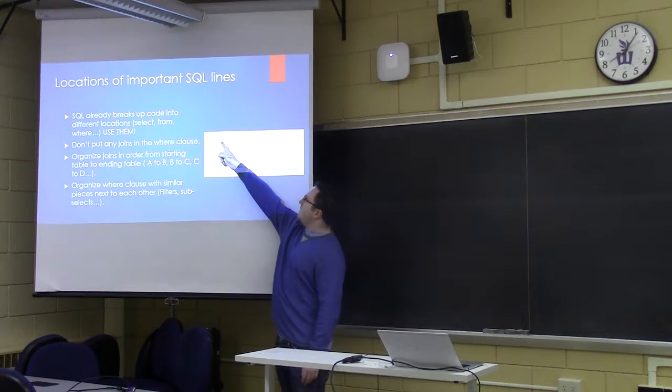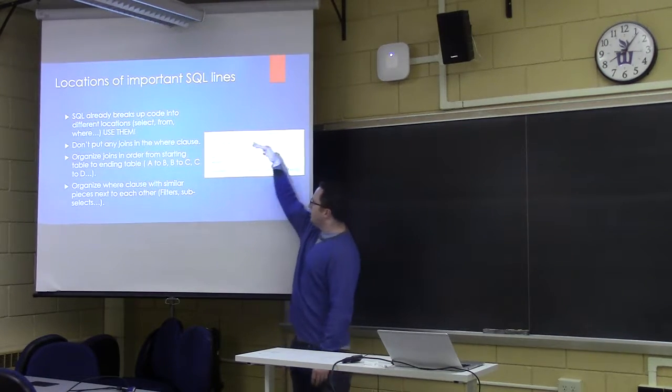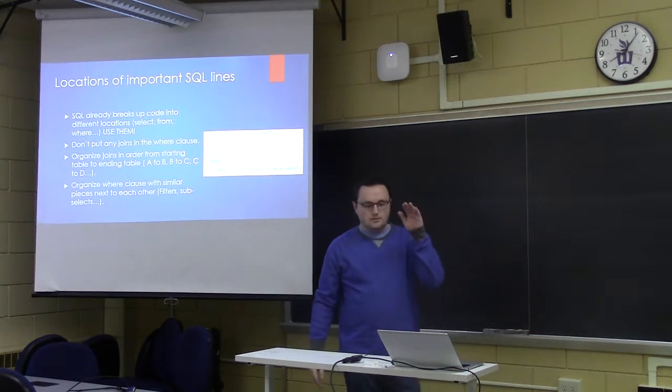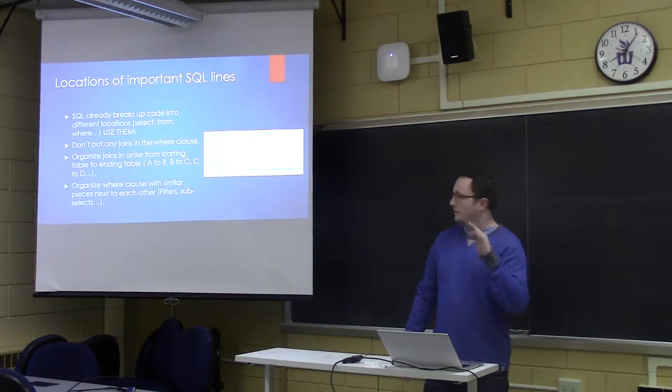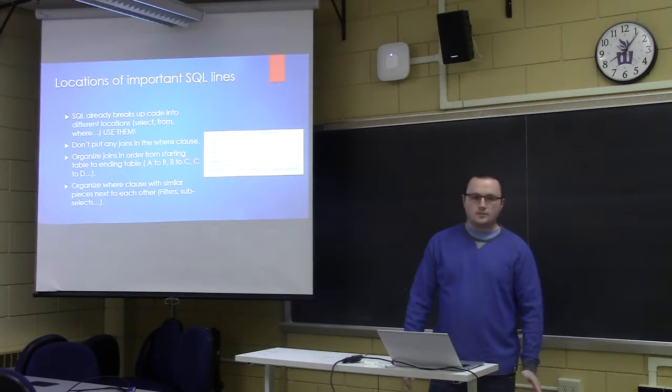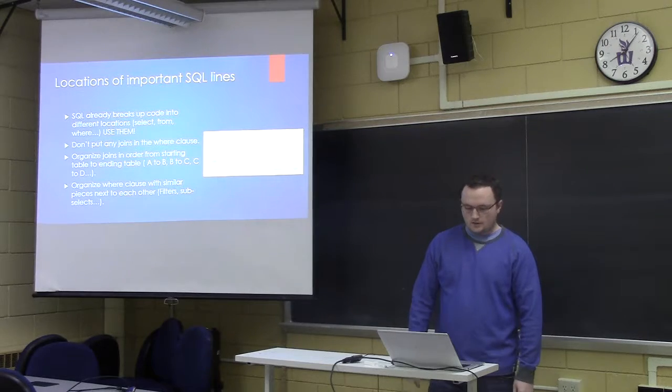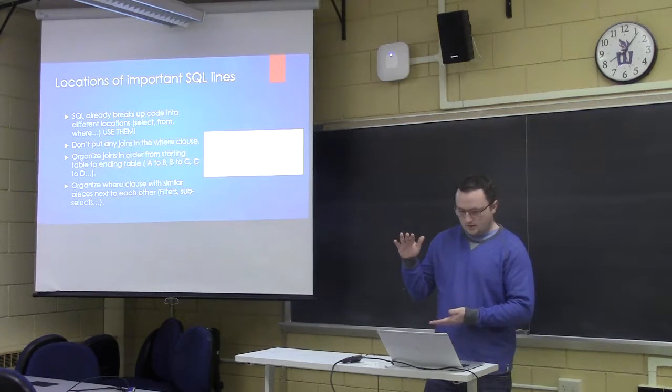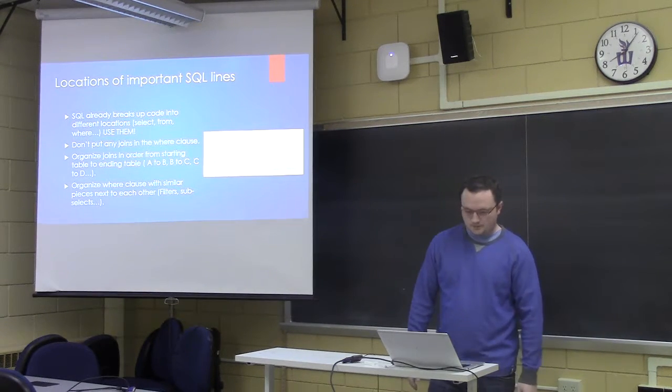Another thing is to organize your SQL by where your tables are joining. So if you're joining to table A first, and then you're joining to B second from A, and then C from B, then put them in that order so that people can follow the string of tables you're joining to get to C, where you're grabbing something about chairs, right?